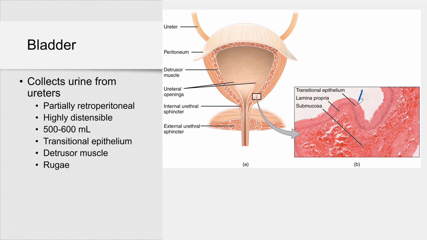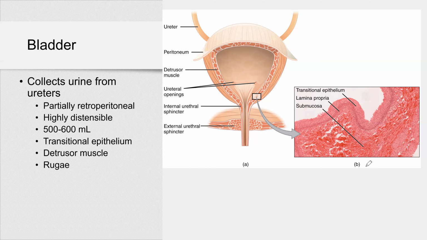So if you look here, we have transitional epithelium. We have a special structure. It's areolar connective tissue called lamina propria, similar to the lining of your gastrointestinal tract. And then you have muscle. Muscle is not here, it's the submucosa over here first. So we have the mucosa, because epithelium and lamina propria together are called mucosa, and then we have the submucosa, then we have